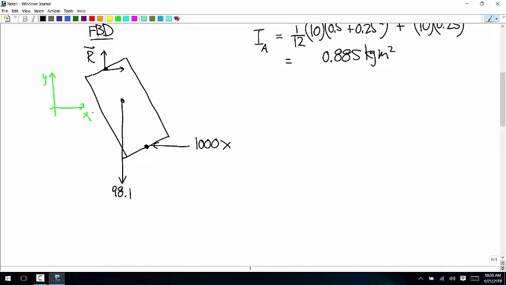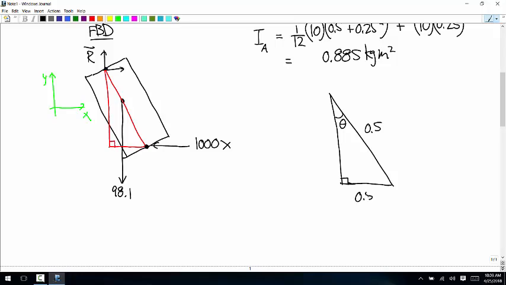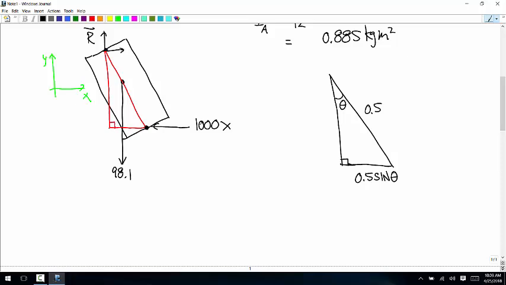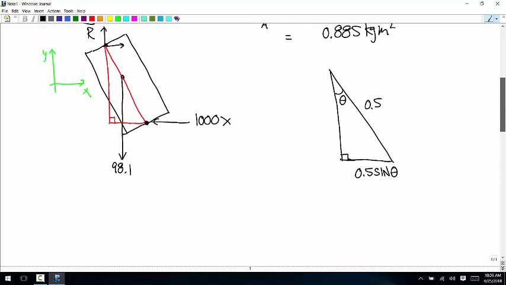And then the pin at the top, and then this x value is the horizontal leg of this triangle. This length is 0.5. This is theta. So the component that we want is 0.5 times the sine of theta. And then since we're doing everything in terms of theta, we also need to represent x. Oh, that's what we just started doing. So that is the x value. So we can rewrite this as